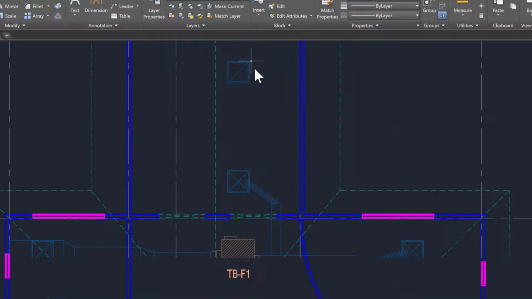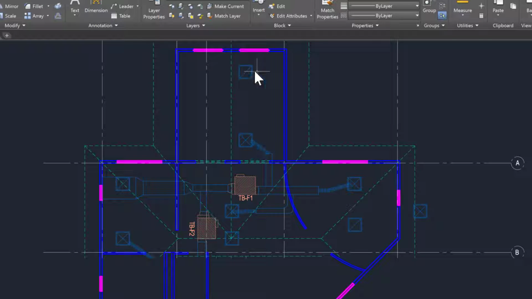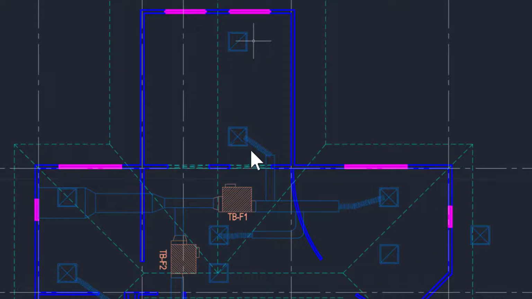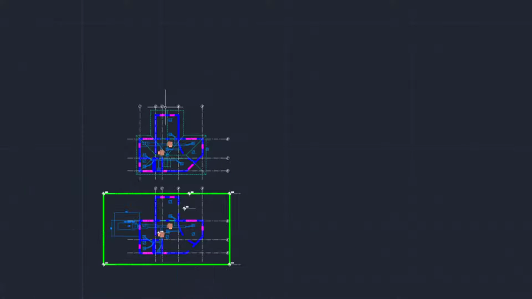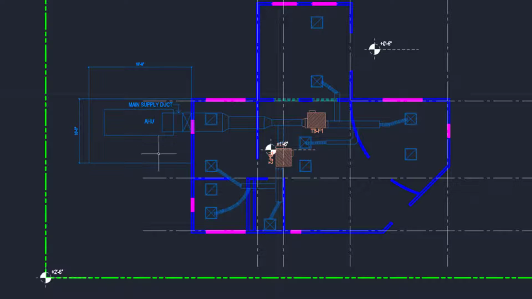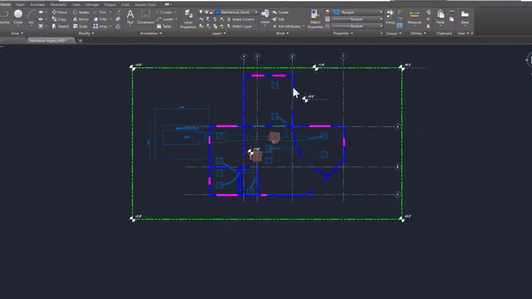I also want to highlight the difference between the diffusers. So these grills. So this, the diffuser with a cross is a supply diffuser. So that means this diffuser will be supplying air to the space. This particular grill with a single diagonal marker is a return grill. So this is not supply grill. So this will be returning the used air back through the plenum to this air handling unit, and then air handling unit will take this air, mix it with outside air and recondition it, and then supplies it back to the building. Let's close this file,